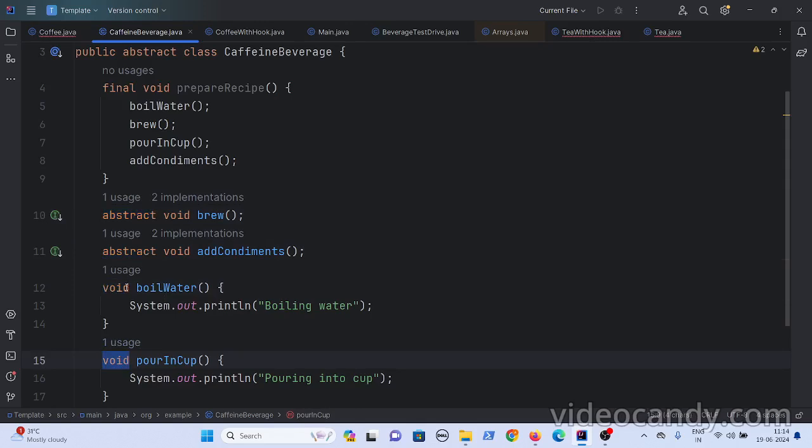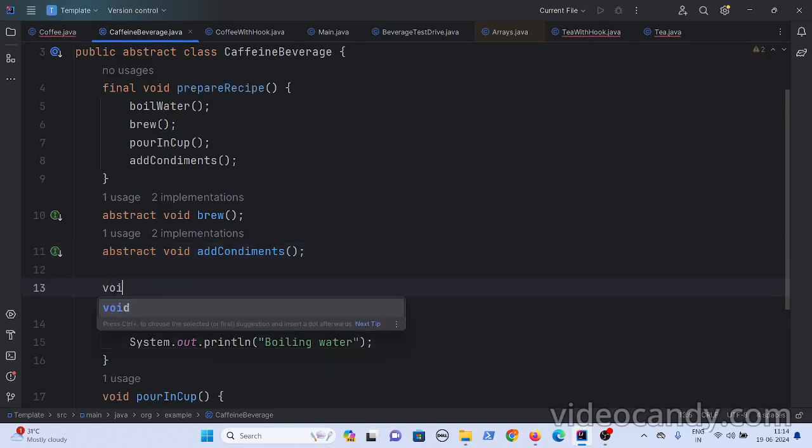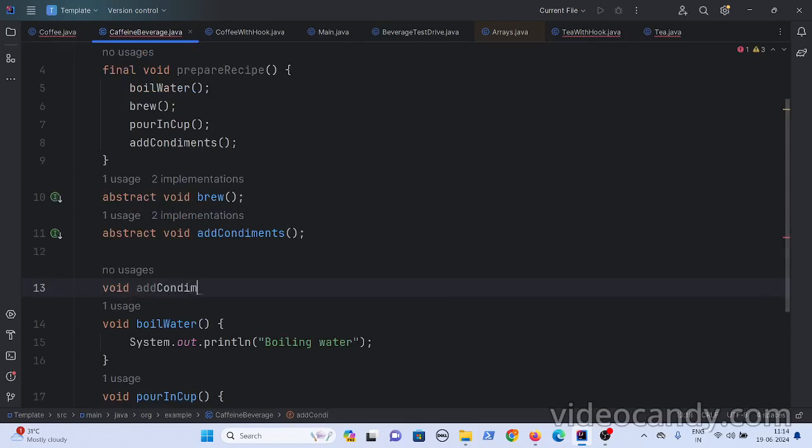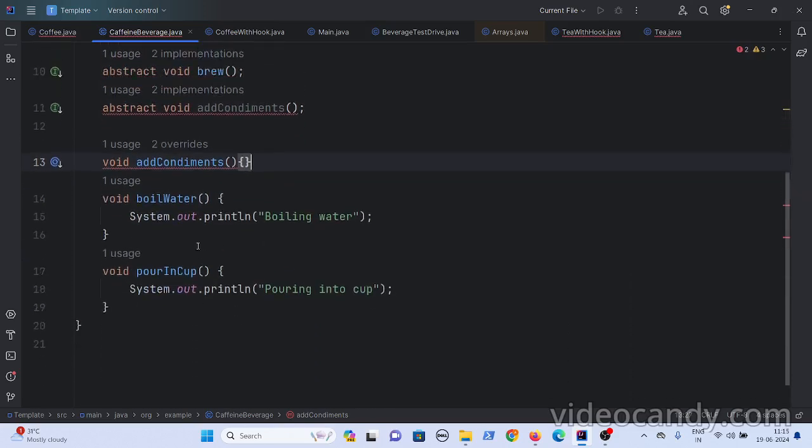Now there is a hook. A hook is nothing but a method which is not abstract inside this abstract class, but it can have either an empty or default implementation. Let's say void add condiments.